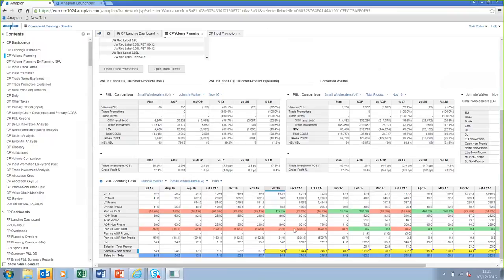When we do planning in volume, it is based upon the sales in non-promotional volume. This is similar to a baseline, and then we layer on top the promotional volume, which comes from a different input screen. I'll go over that immediately after. And then the sum of promotional volume and non-promotional volume is your sales in total. The sales in total is what goes into the P&L, which we'll go over when we have a complete